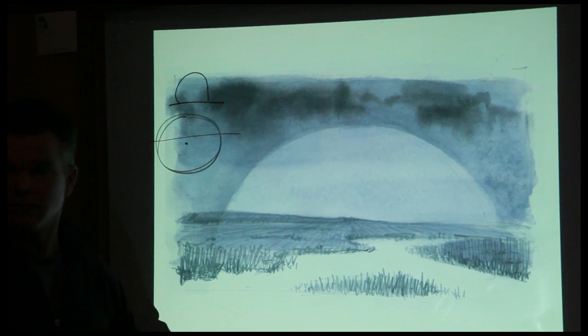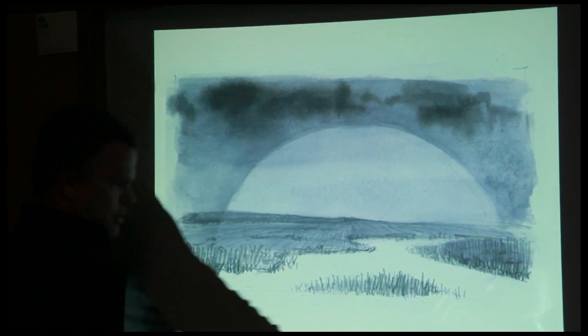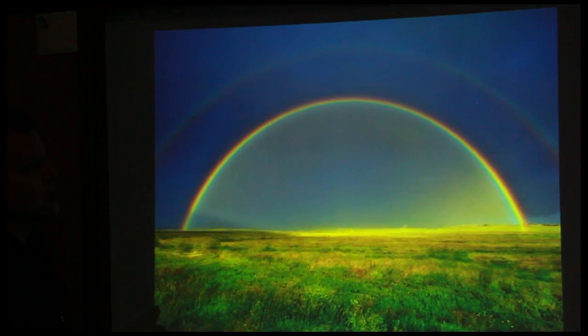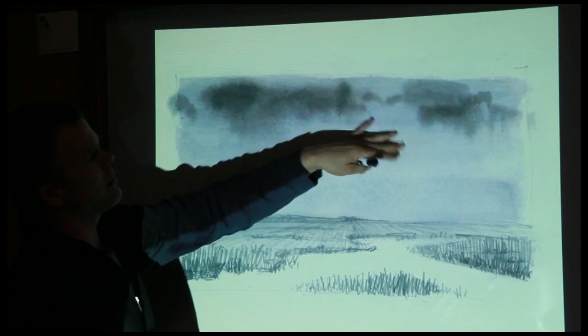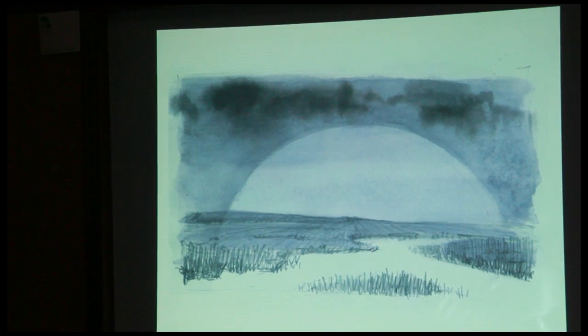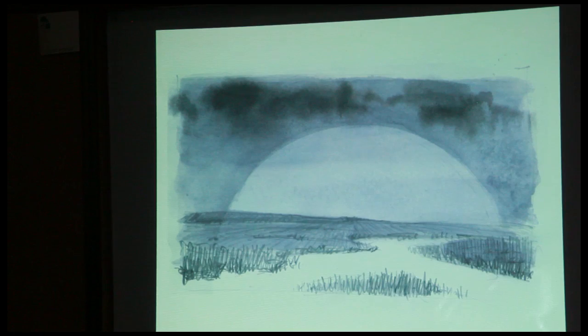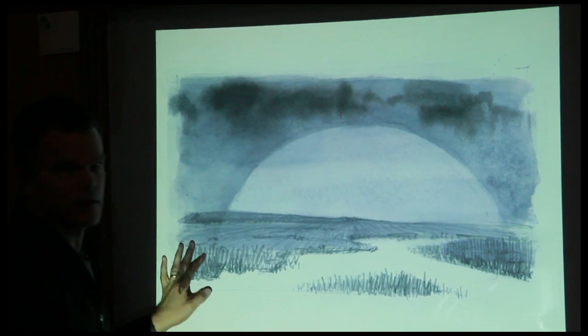Did you get it lighter by lifting out? No, so what I did is, we'll just go back to that last one. You'll see lighter here. I'm putting in the arc and drawing the dark around it. Now, I'm going to draw in